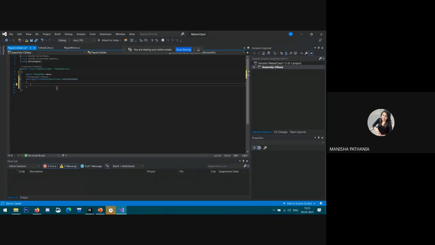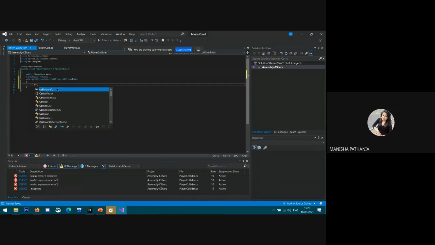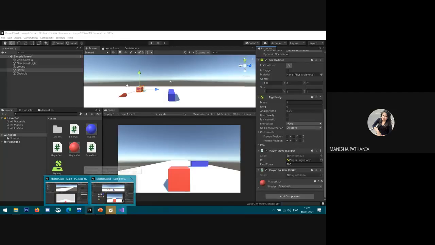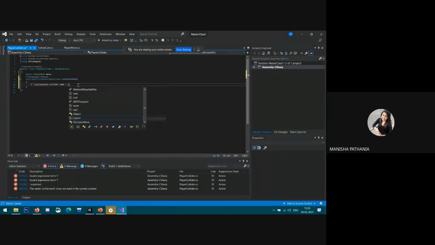So I'm writing here: if collision info, in my case the name is collision info, dot collider dot name, for example, is equal to obstacle, with obstacle in capital.